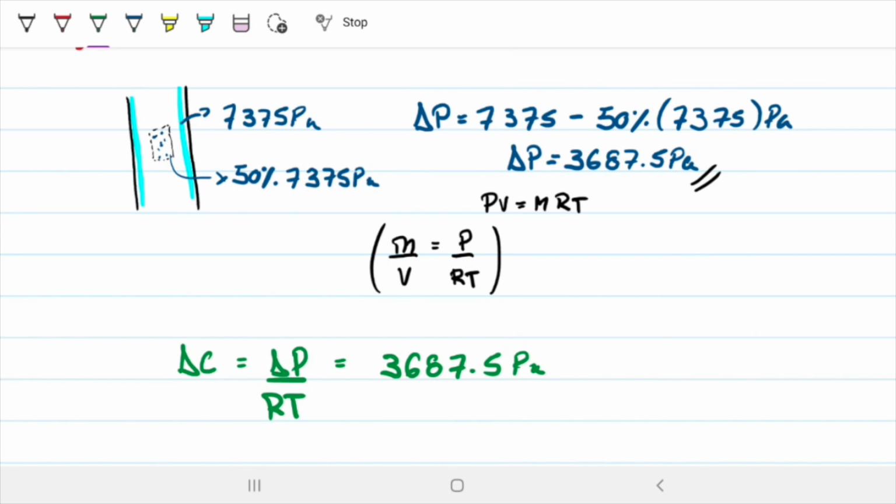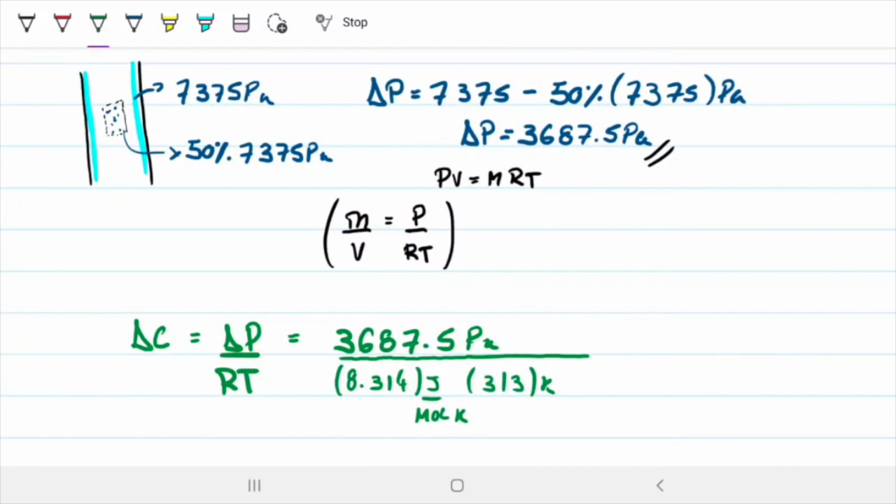And I'll divide this pressure gradient by R. That will be 8.314 joules per mole per Kelvin. And I'll divide by the temperature, which we have as well. That's 313 Kelvin. And because we want the thing in kilograms, right, because the question asks us for kilograms,